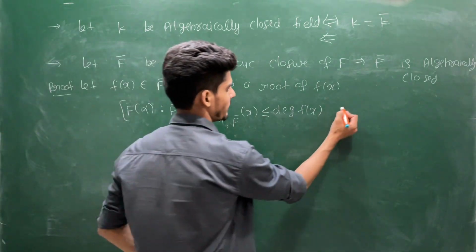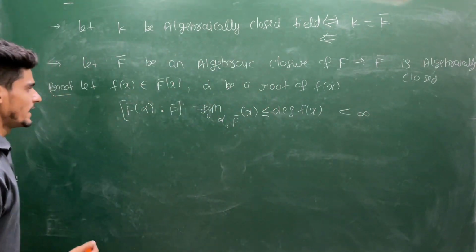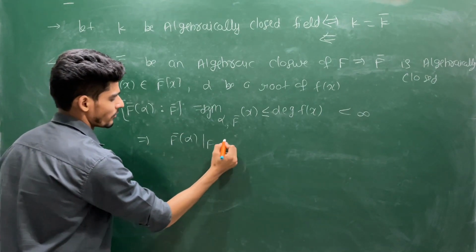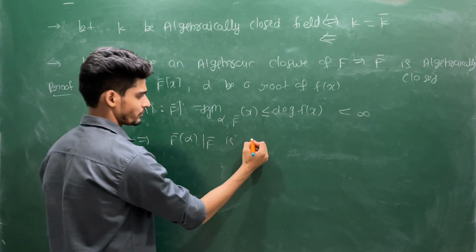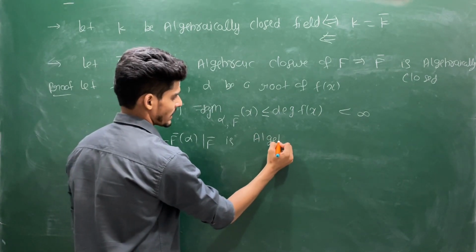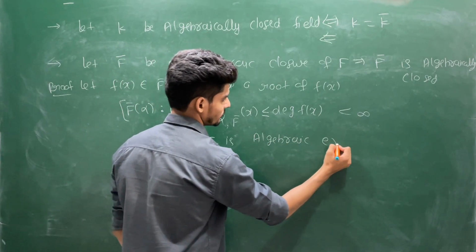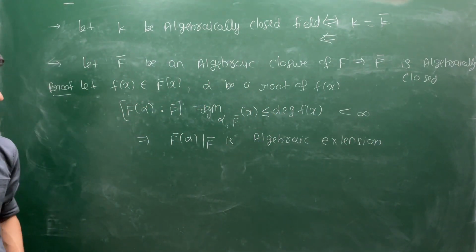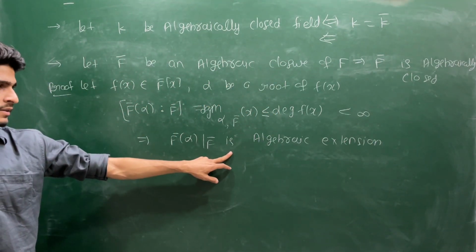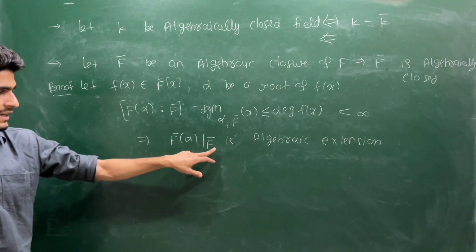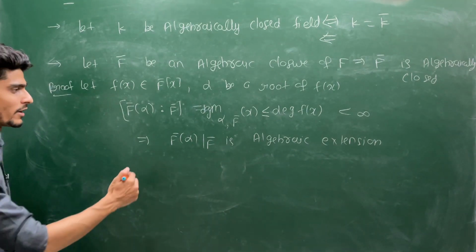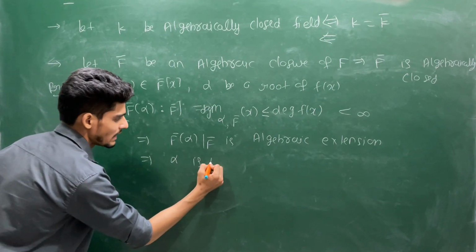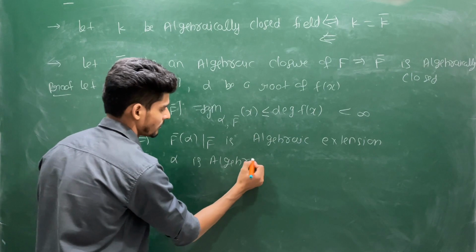So this is finite. So being a finite extension, we can say this F bar(alpha) over F bar is an algebraic extension. Now this is an algebraic extension. That means every element here will be an algebraic element of F bar over F bar. So I can say in particular alpha is algebraic